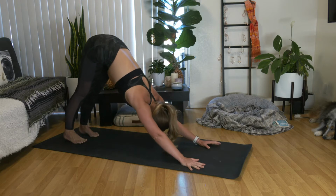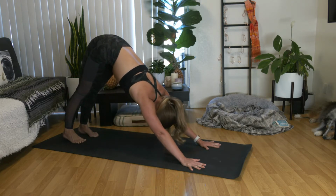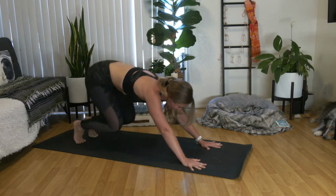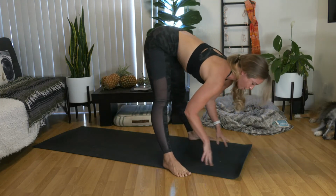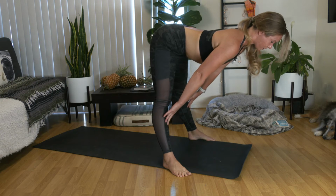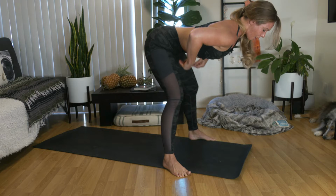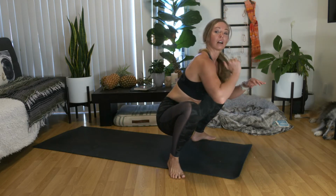Now take a big breath in here. Feel your hips rise high. And as you exhale, bend your knees, look forward, listen closely. Take your feet to the outsides of your hands at the top of your mat. Inhale, lengthen halfway up so your fingertips might graze your shins or the earth. Now as you exhale, begin to press your knees out, lower your hips, hands come to heart center, Malasana squat,